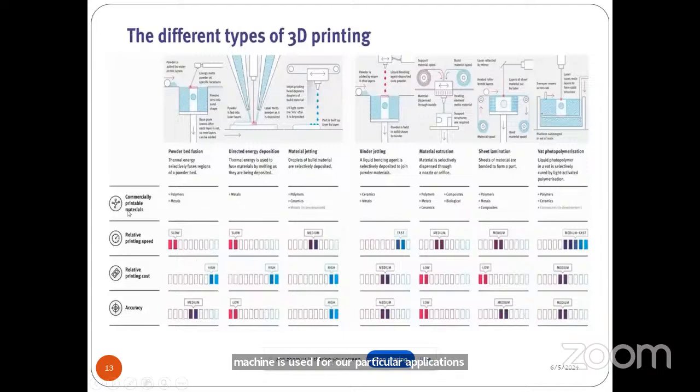Now, the commercially available materials will be indicated in the first row of this comparison table. In powder bed fusion, we can go with either polymer or metals. Directed energy deposition only uses metals as the input material. In material jetting process, we go with polymers and ceramics, sometimes the metals as well. Binder jetting, we go with metals and ceramics. Material